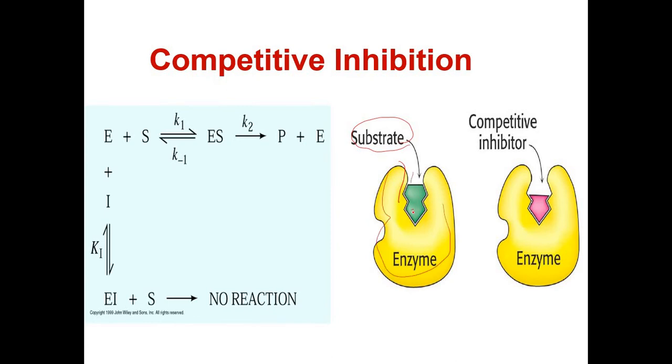Instead of the substrate binding to the enzyme, there is this competitive inhibitor. Usually, competitive inhibitors have almost the same structure as the substrate, because instead of the substrate binding to the active site of the enzyme, this competitive inhibitor will act like it's the substrate and bind to the active site instead. So it's like